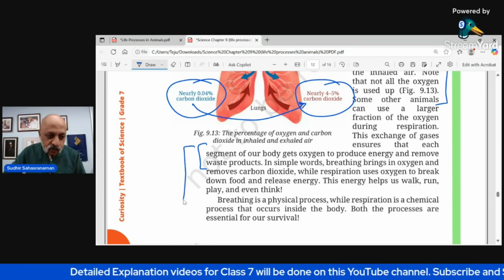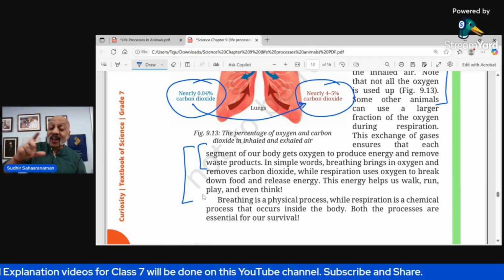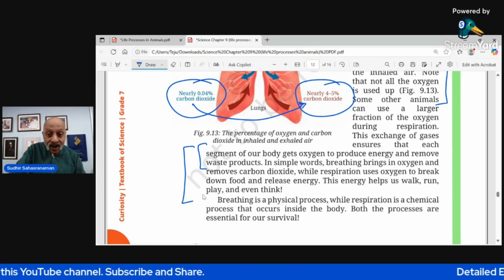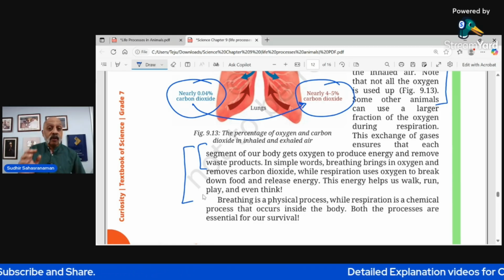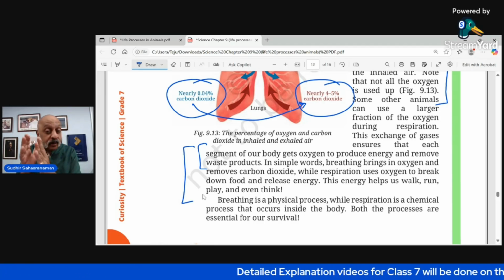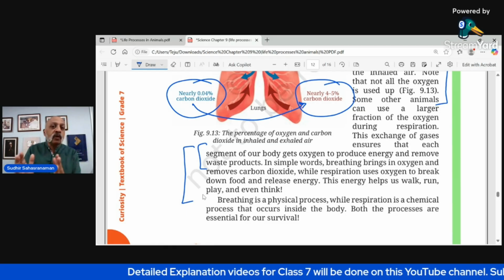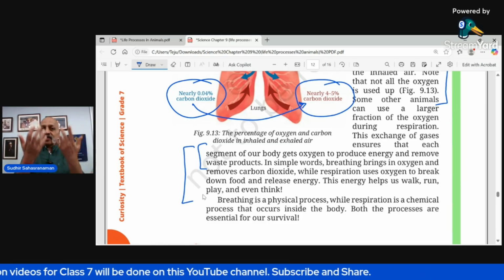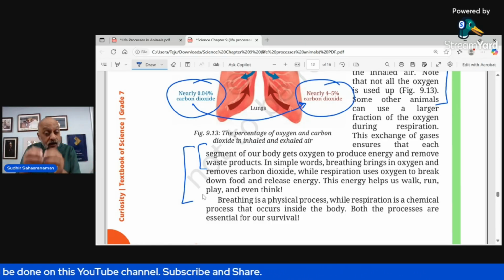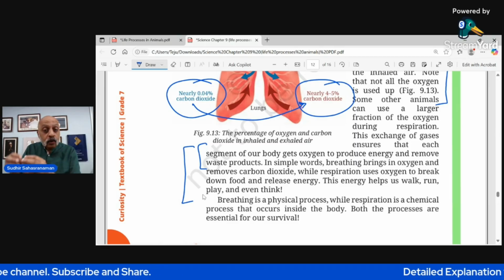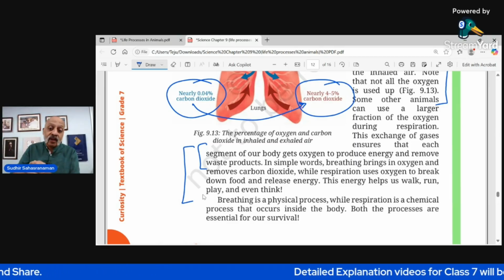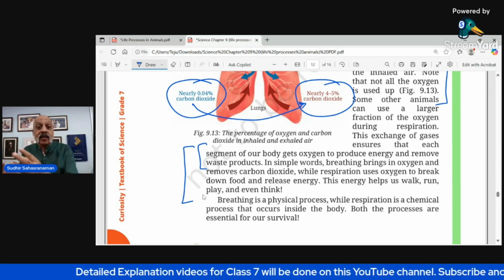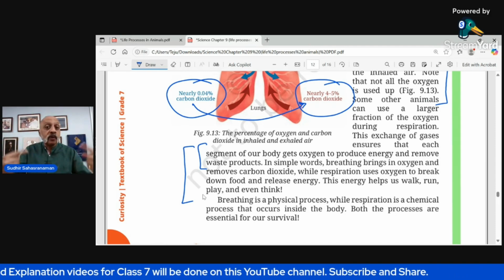So this paragraph is very important for you to understand the entire difference between breathing and respiration. The definition I showed you, and this explanation, you will need to write in your examination in order to get the complete 3 marks. Okay, the difference between breathing and respiration you should be able to explain. If I have to tell you again, breathing is a simple process of inhalation and exhalation. But respiration is much more complicated, because respiration uses the oxygen that we inhale to break down the glucose and release energy. And that energy is what helps us perform different activities.